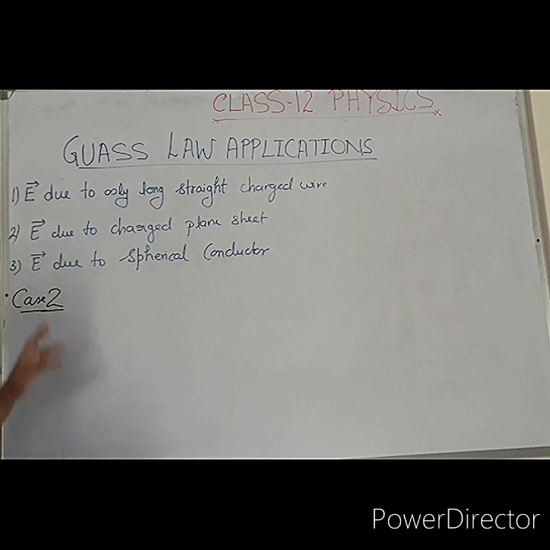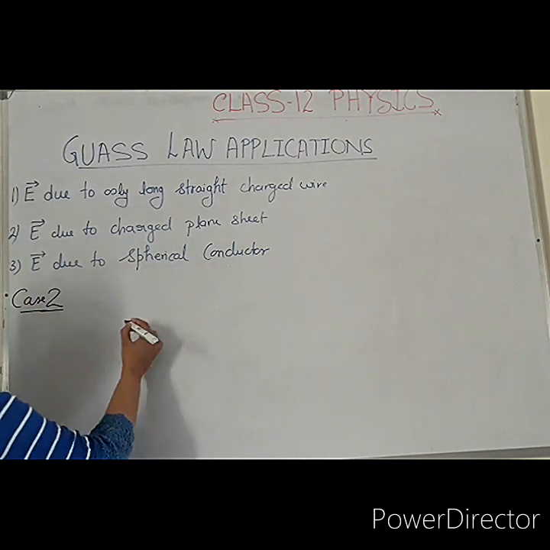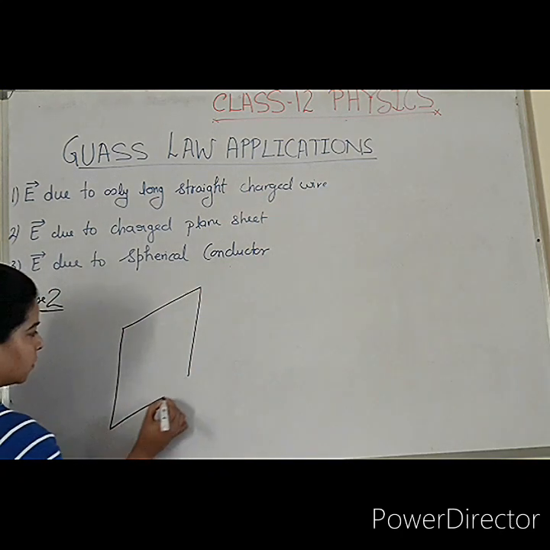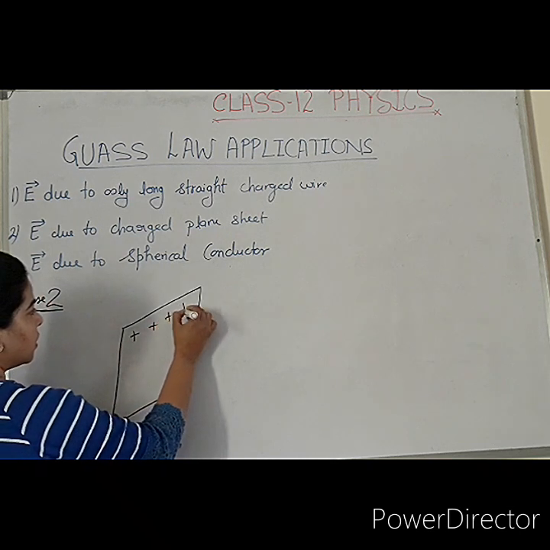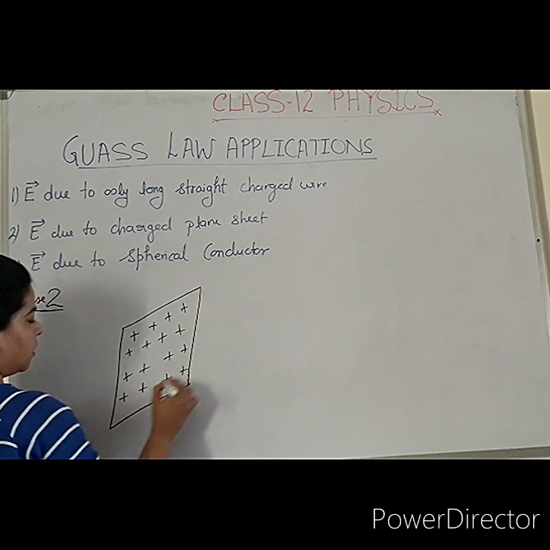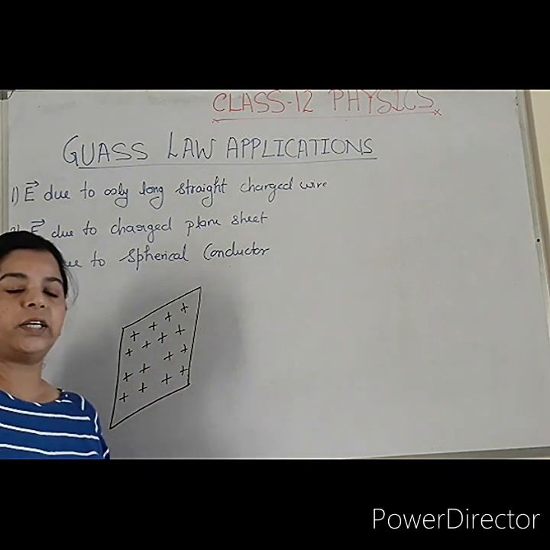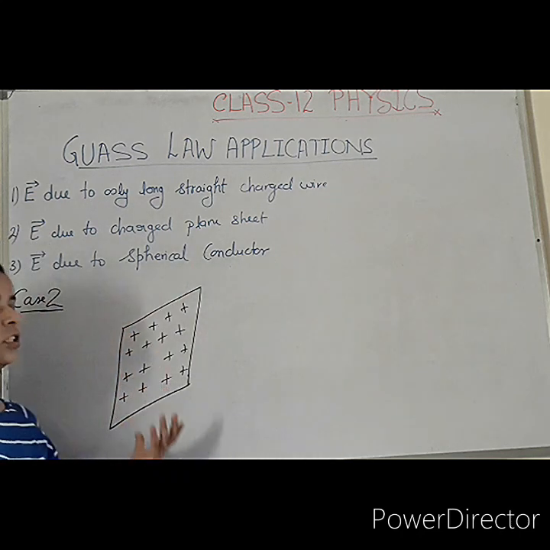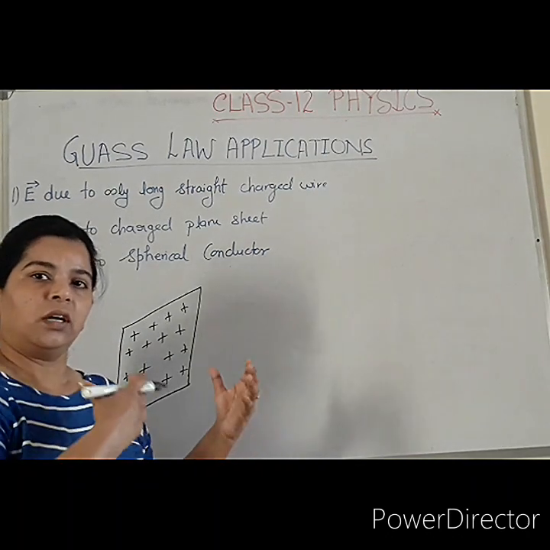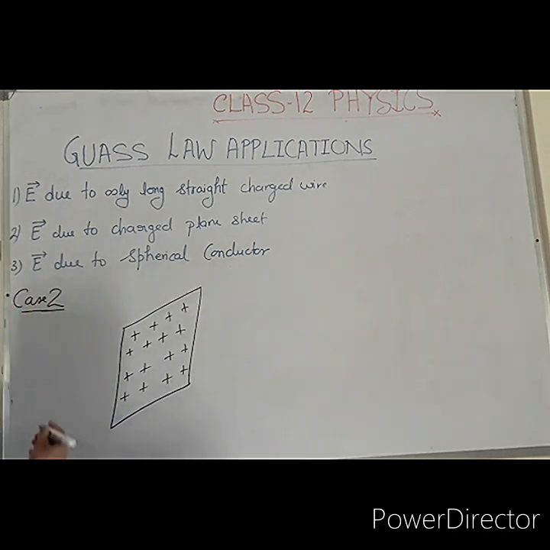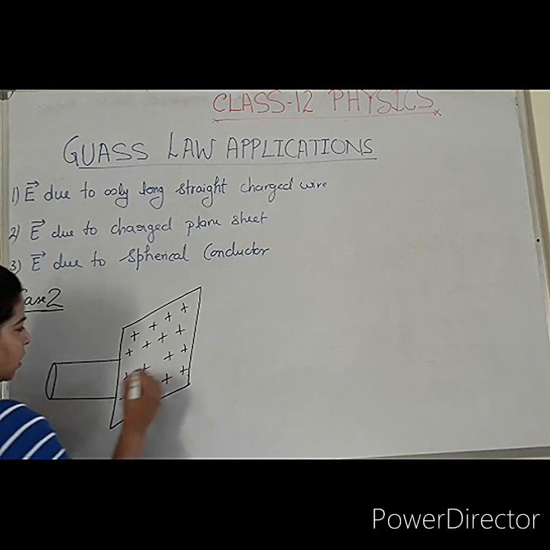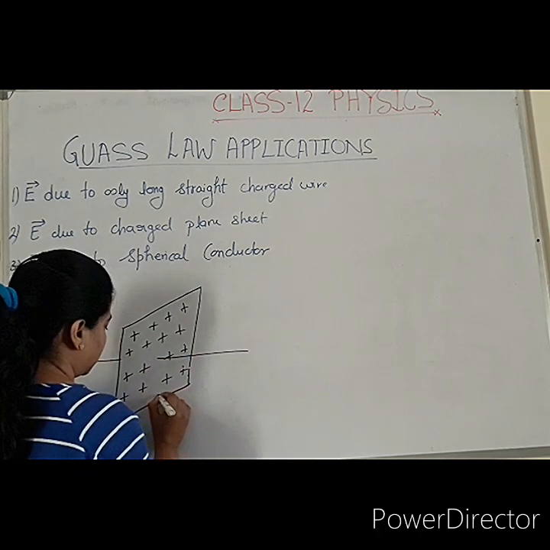Case 2, that is the electric field due to a plane sheet. Now we are considering a plane sheet. This is a positively charged plane sheet. As electric flux, you know, is a scalar quantity, generally we take the positive charge here. We can take the negative charge, but in that case, since electric flux is a scalar quantity, it will come with a minus sign. So if we are calculating the formula, the minus sign does not look good here, so we need to take positive charges.